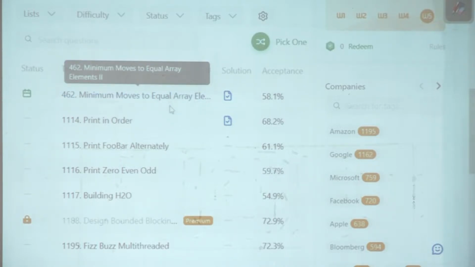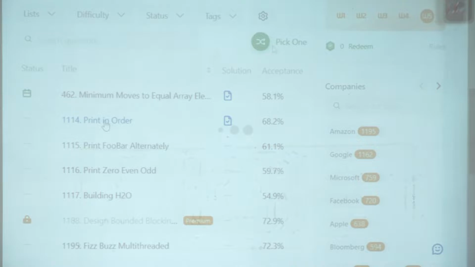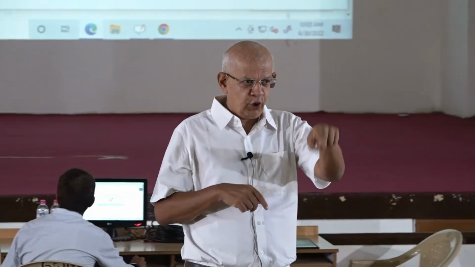I don't know this one or the print in order. That is problem number 1114. Just click on it. Let's talk about the question, because I've seen it once. You are supposed to create 3 threads. Now, if you read the question in detail, you will realize, as you go down the question,